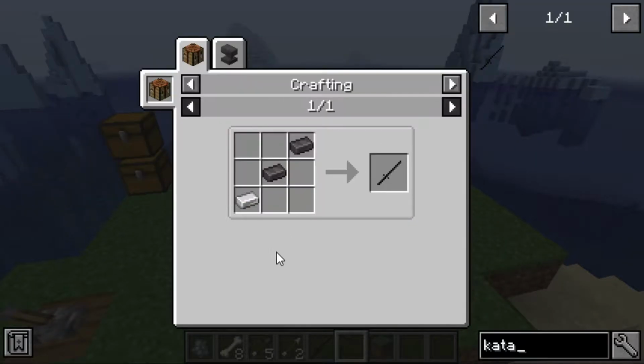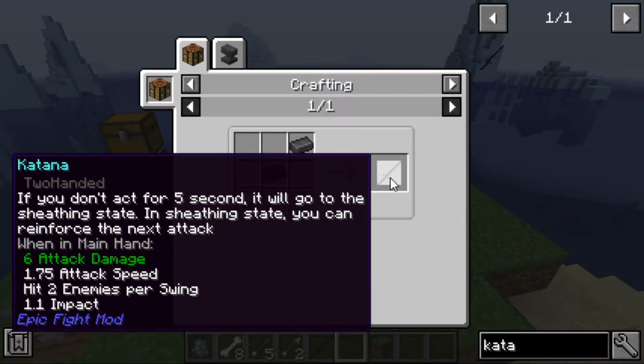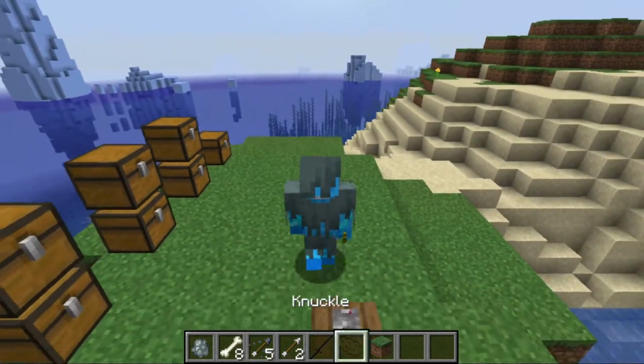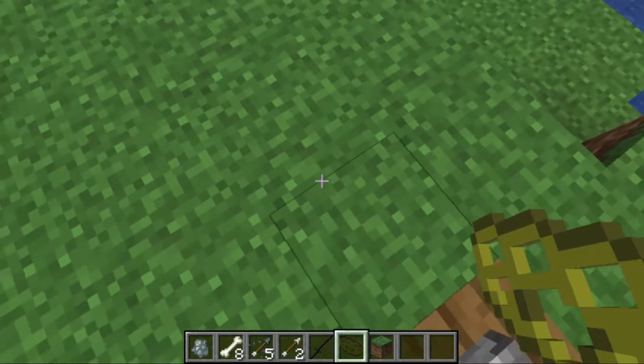Here's the katana recipe, which is kind of easy to craft, I guess. It costs 1 iron ingot and 2 netherite ingots. Craft this katana. So next we're looking at the knuckle. As you can see, I'm holding it right now. If I go into first person view,